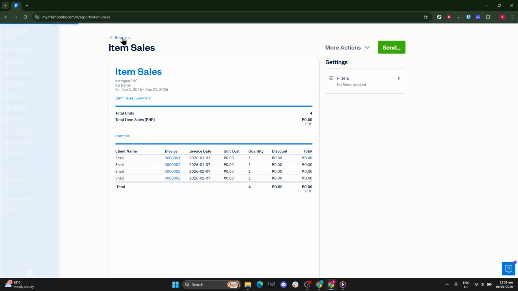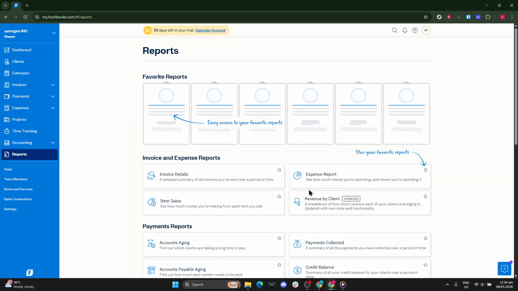And that's it. Click Reports on the left, scroll to the bottom, open the expense report, then head back. While you're there, remember that item sales is also visible in the same